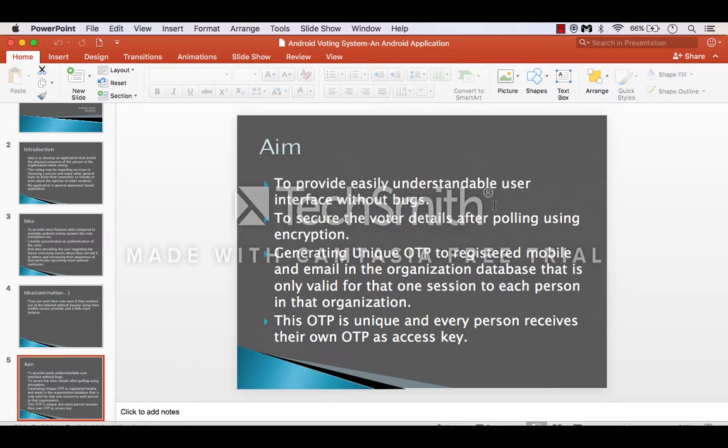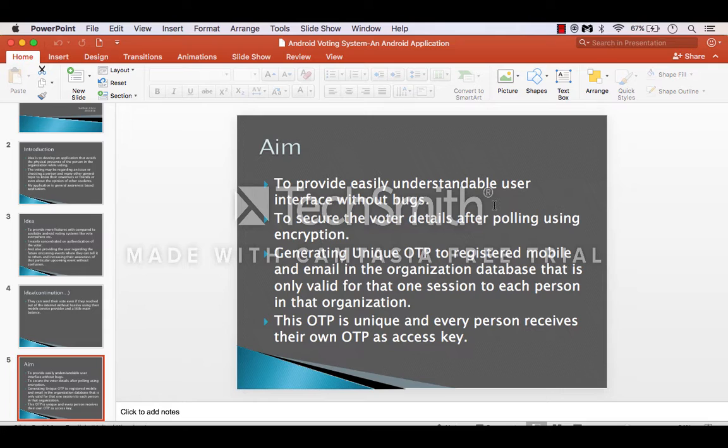To secure the voter details after polling, I use encryption. Every voter who casts their vote may worry that their organization is going to fire them if they have given a negative vote to the person or that issue. This will not happen in my application because I am going to use an encryption standard.